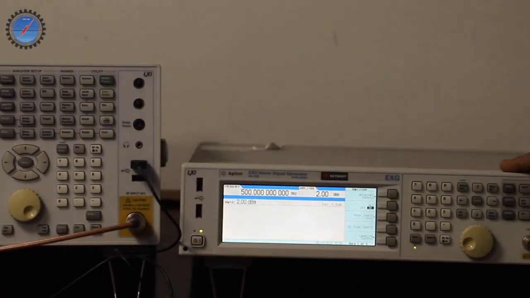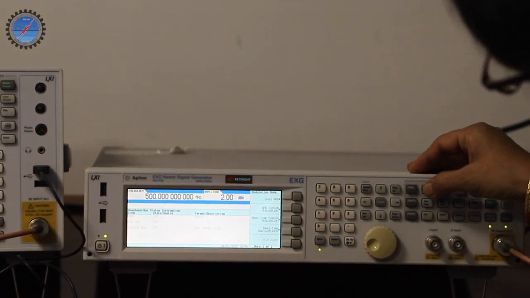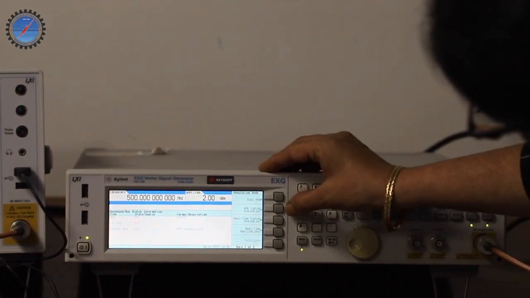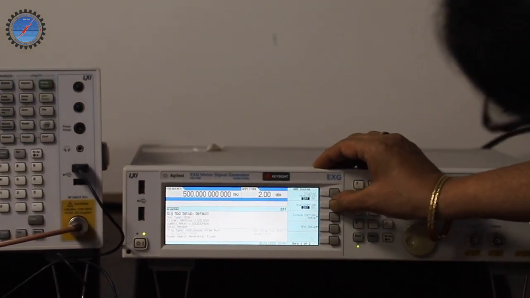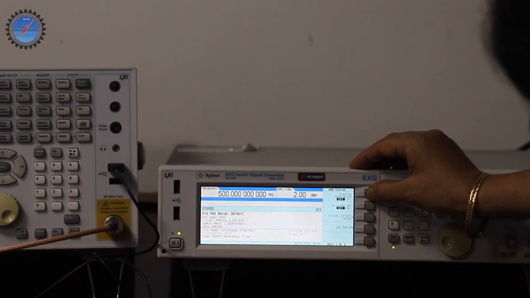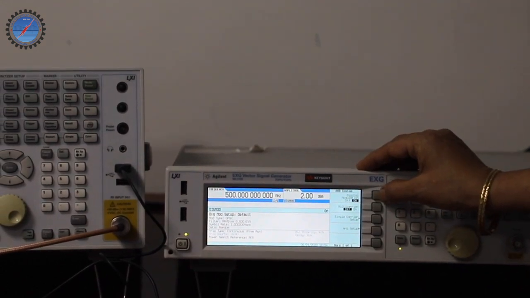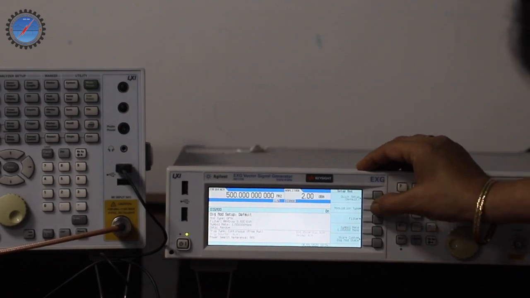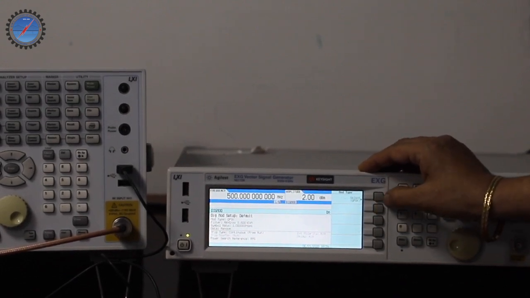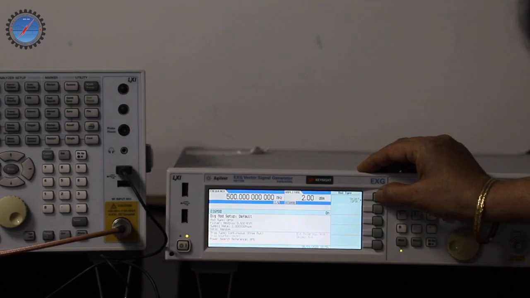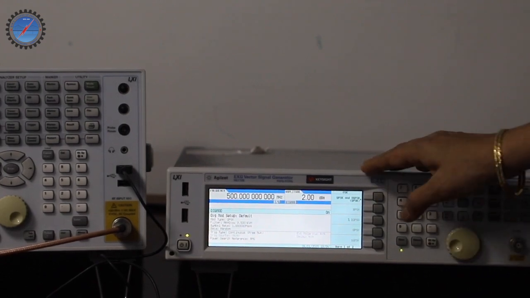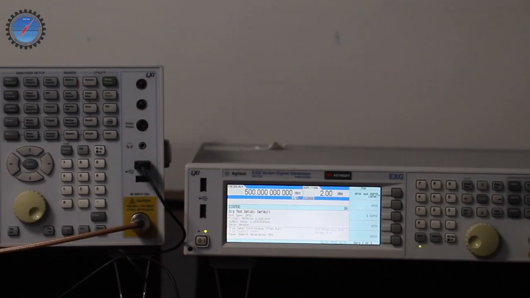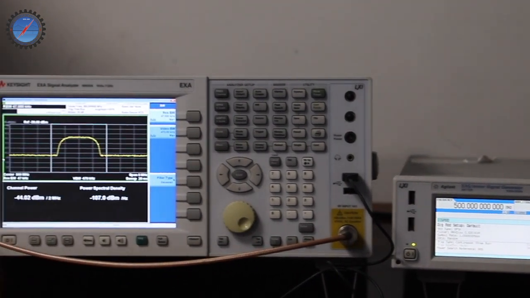For that we have the option for the mode. In the mode I can select the custom modulation, and I have to keep the digital modulation on, and then I can select the type of modulation. You can see that we have selected BPSK, and then you can see the increase in the spectrum of the signal.